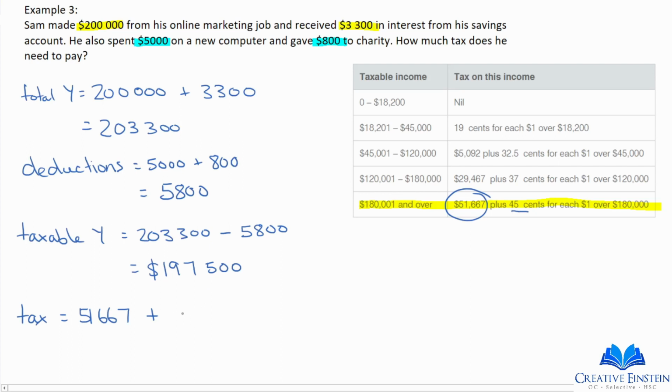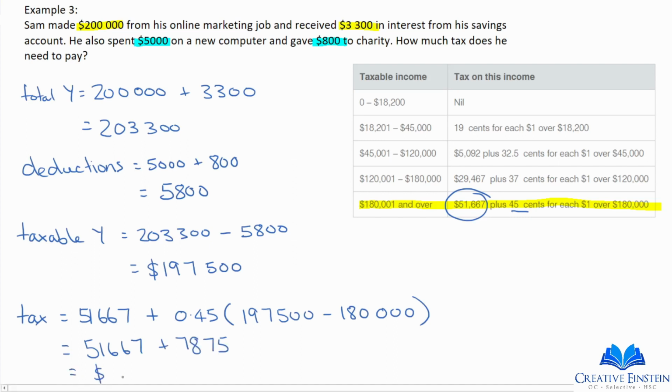So 0.45 times 197,500, take away $180,000. That will give us $7,875, making his grand tax total